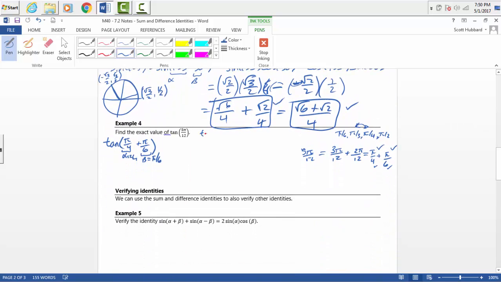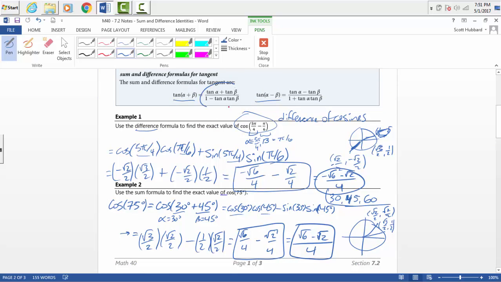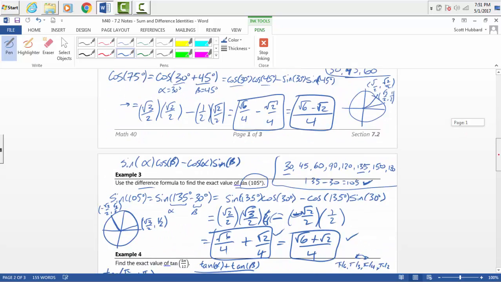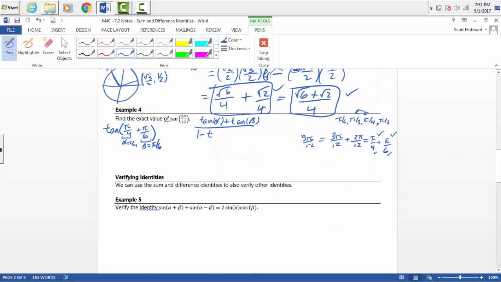over 1 minus tangent alpha tangent beta. So for this one, that's going to become